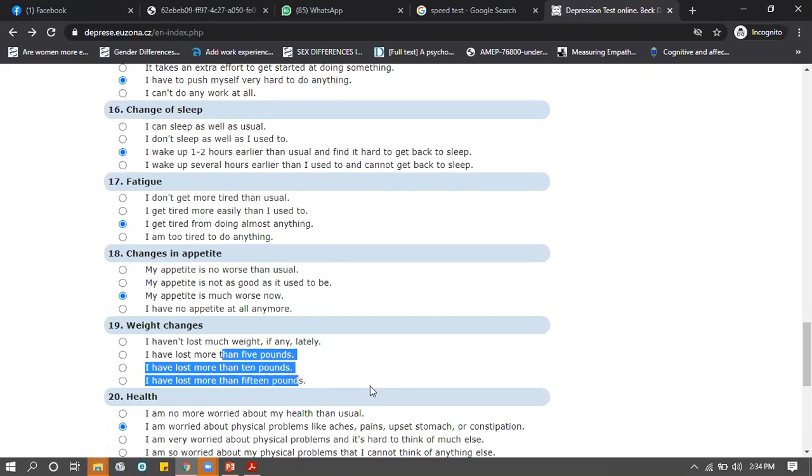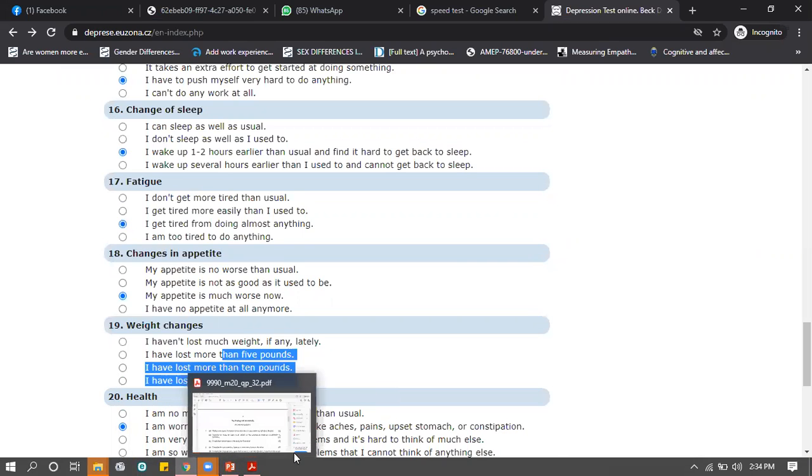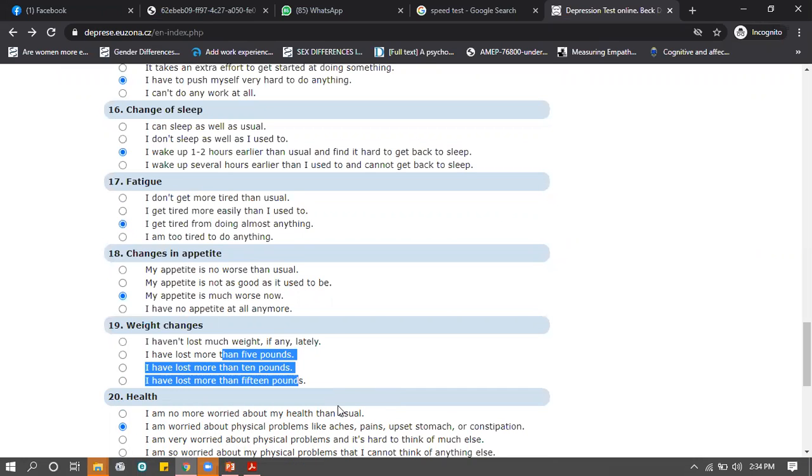No. So can you say item number 19 is culture bias? It's not from our culture. Yes, but wouldn't that be modified for different cultures? No, it will be modified into different languages, but the units won't change. It's going to change to French, but not pounds. So it is culture bias. That's a weakness. All right, you can turn off your mic now, no problem.